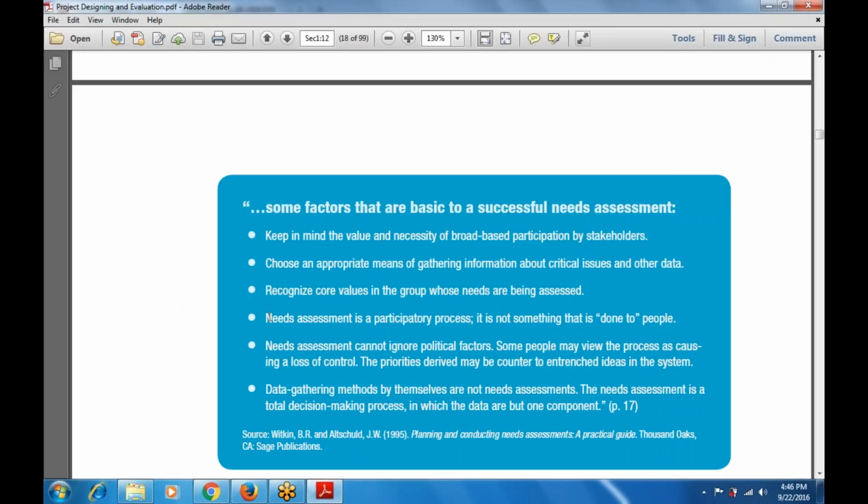All right. So the next point is that need assessment is a participatory process. It is not something that is done to the people. Everyone is going to participate in this. The need assessment also must not ignore the political factor. Some people may view the process as causing a loss of control. Priorities must be given to account for the various ideas in the system. Whatever the gathering method used, the need assessment is a total decision making process in which the data